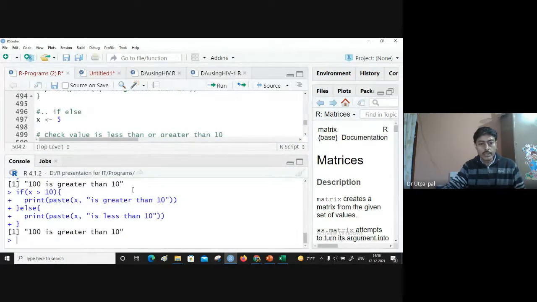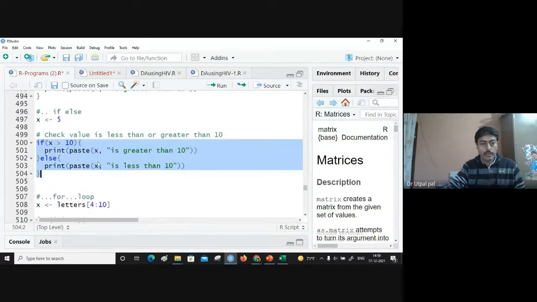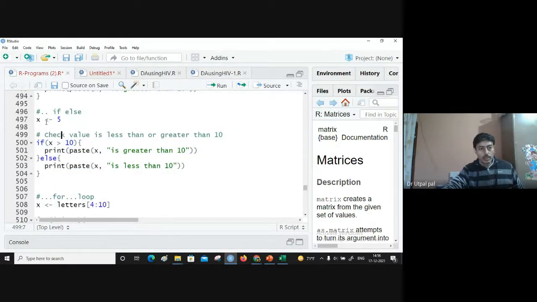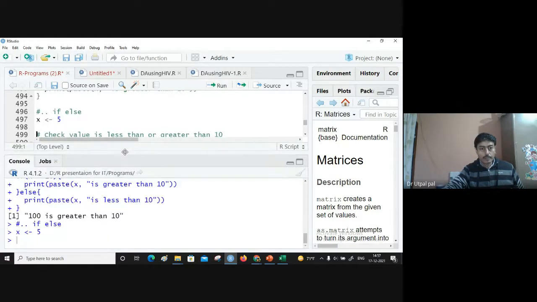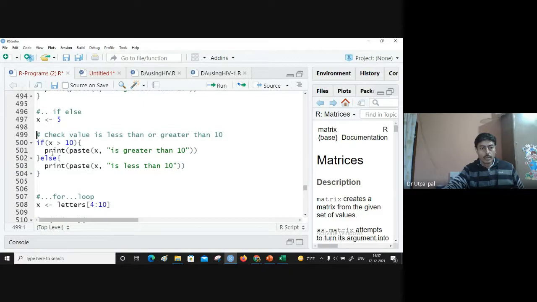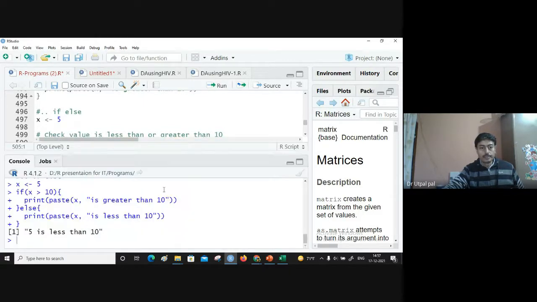So x is greater than 10. That means, because the earlier value was 100. Now here we have 5. I have added 5, and now 5 is less than 10.